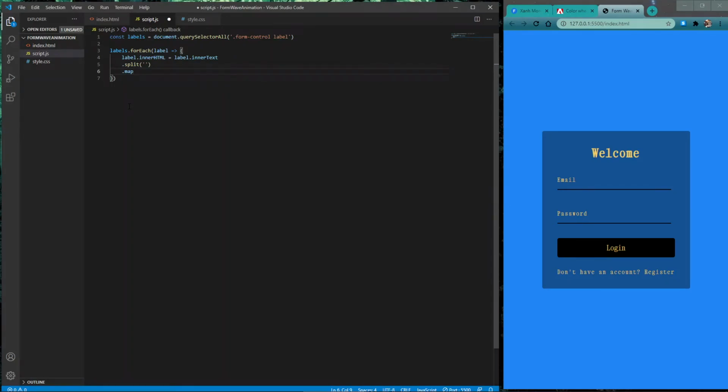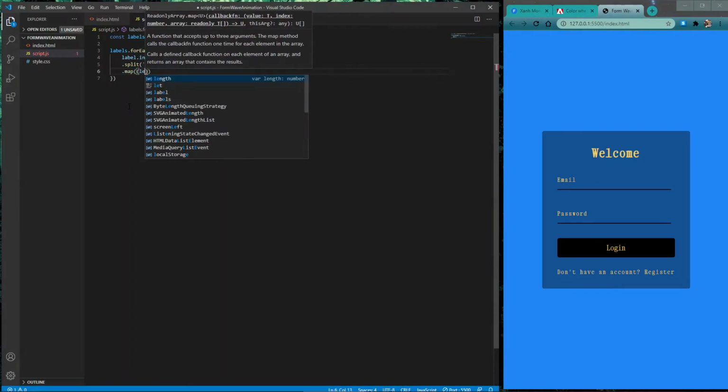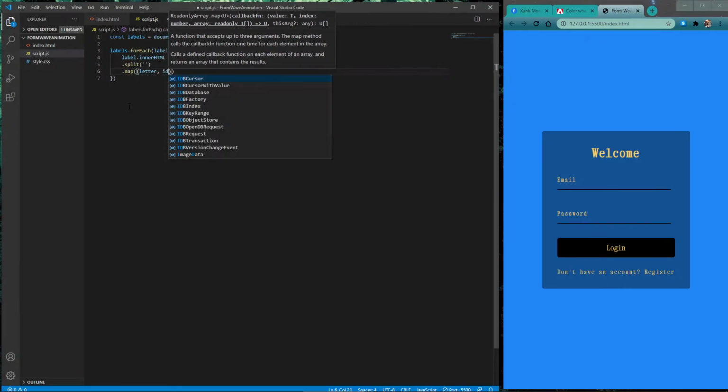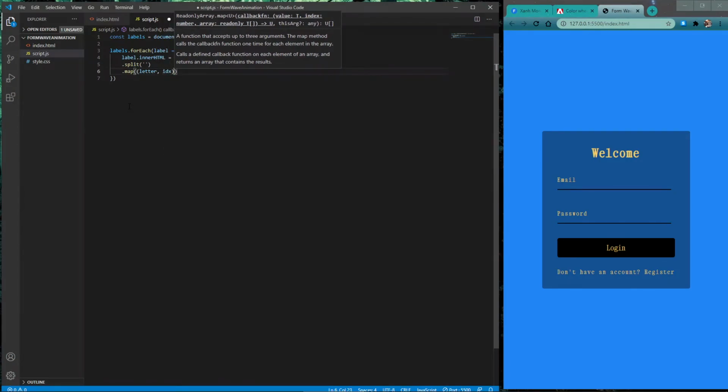So the way that we'll do that is by passing through the letter and the index position, and then applying a function, and using the tick mark, not the single quote, but the one that's above the tab key. We're going to use the tick mark to send through a literal element of span style equals